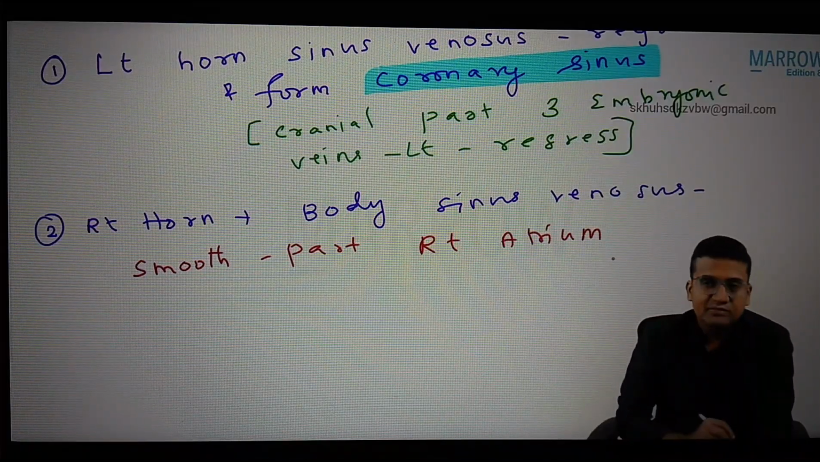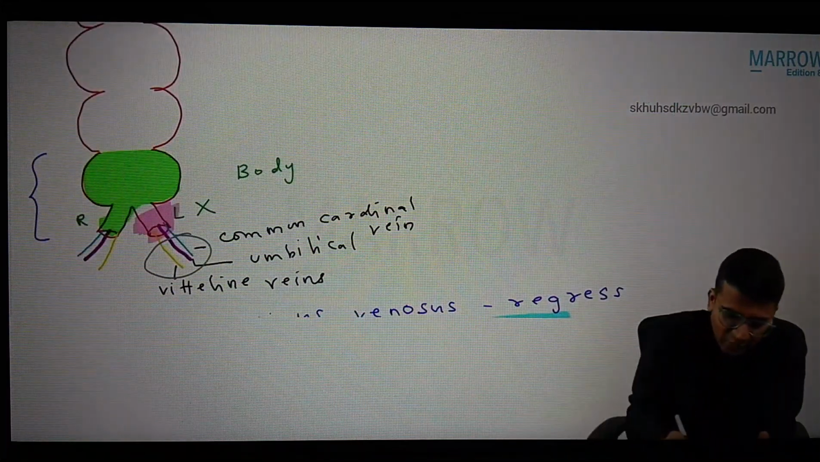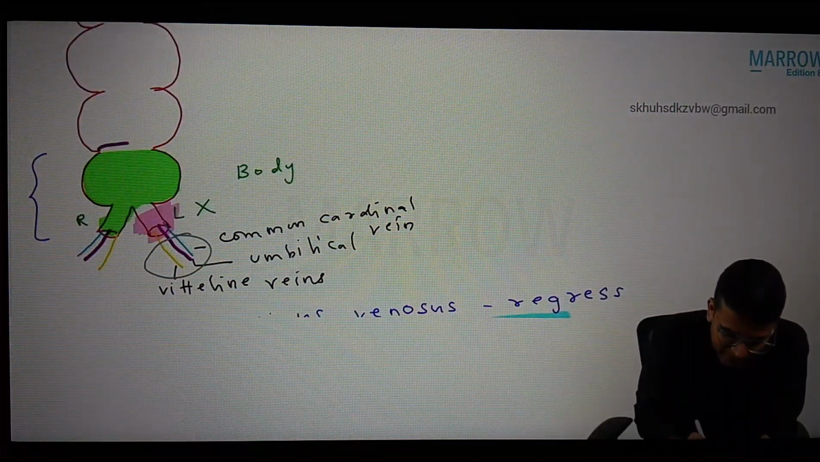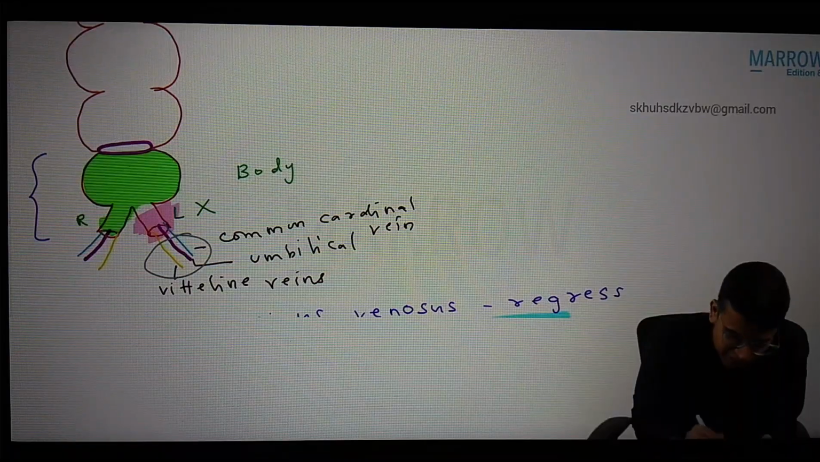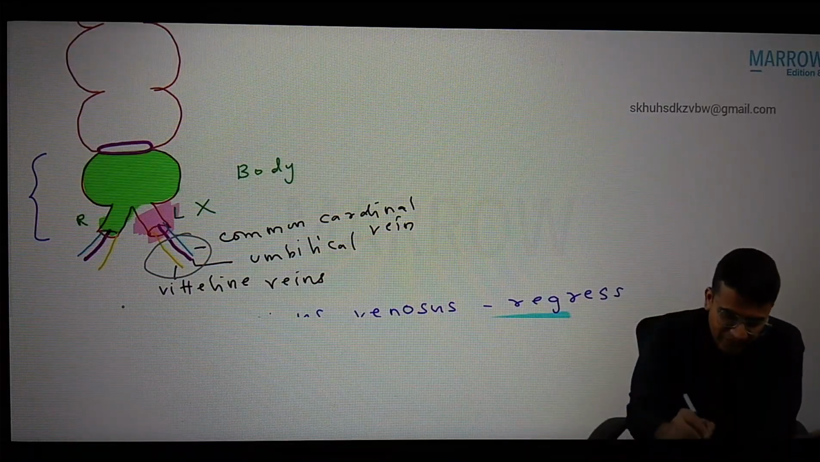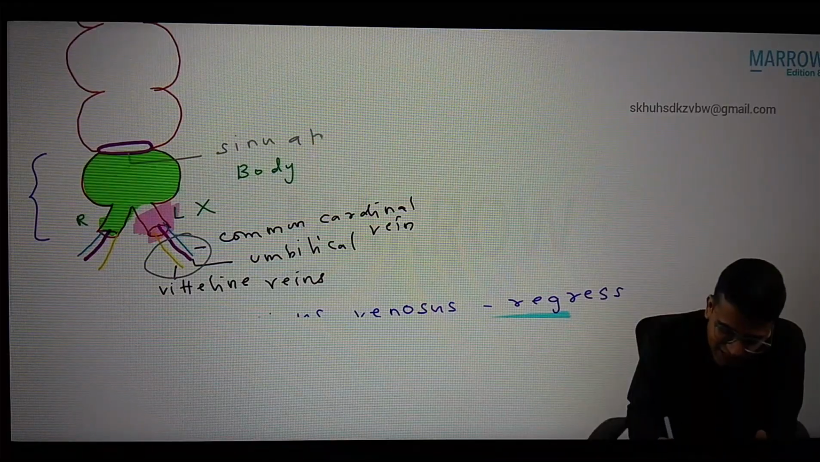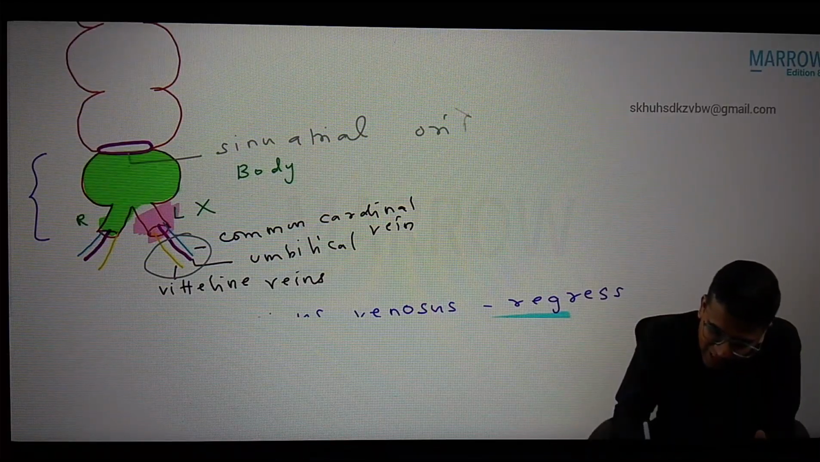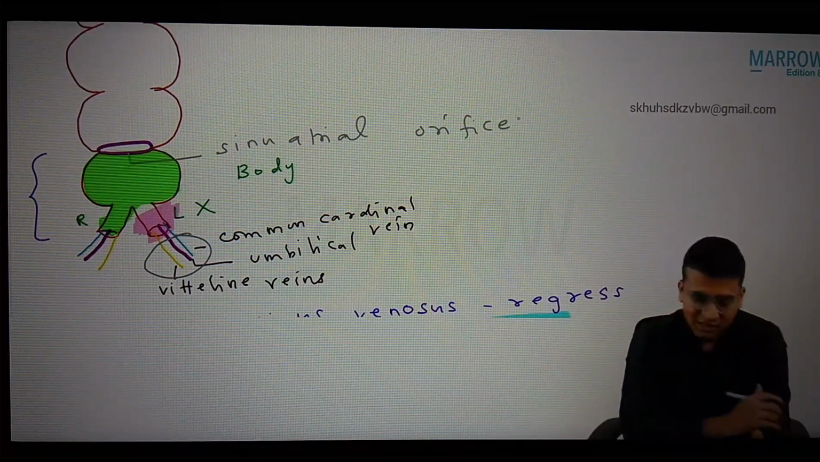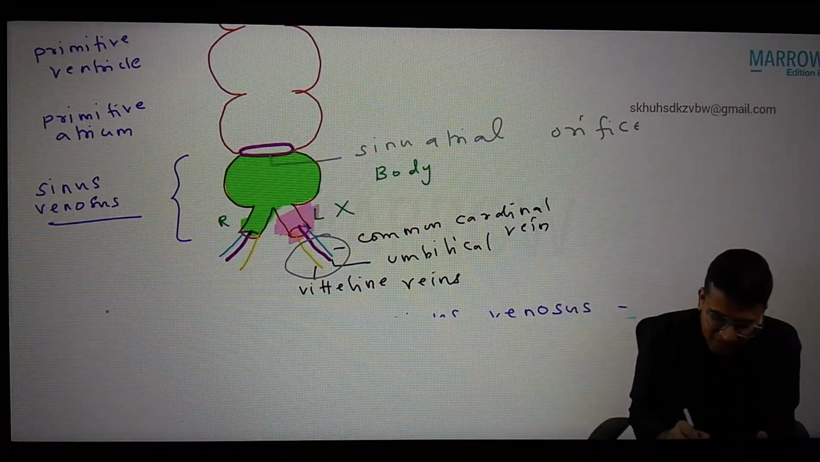Okay, right. Next, now we have a gap. What gap, sir? The gap between the sinus venosus and the primitive atrium. That gap is called the sinoatrial orifice. Now in the primitive atrium, the primitive